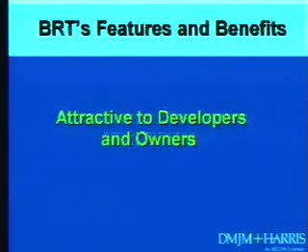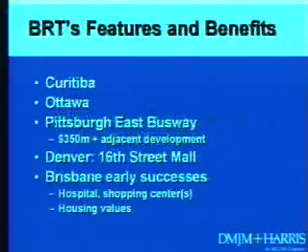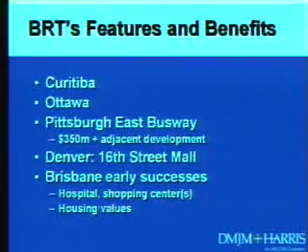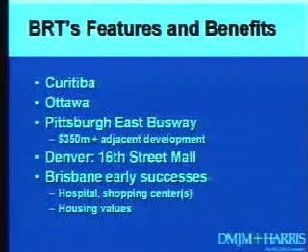All these features about bus rapid transit can also be attractive to the same kinds of owners and developers that are attracted to light rail. Curitiba has a huge impact on their land use. And they also have land use controls as well. And also Vancouver BC. I've been going up there since 1986 when that line started, and when they had Expo 86. That's why they built it and how they're able to build it actually, because it was pretty controversial. It's incredible to see the development around those rapid transit stations.